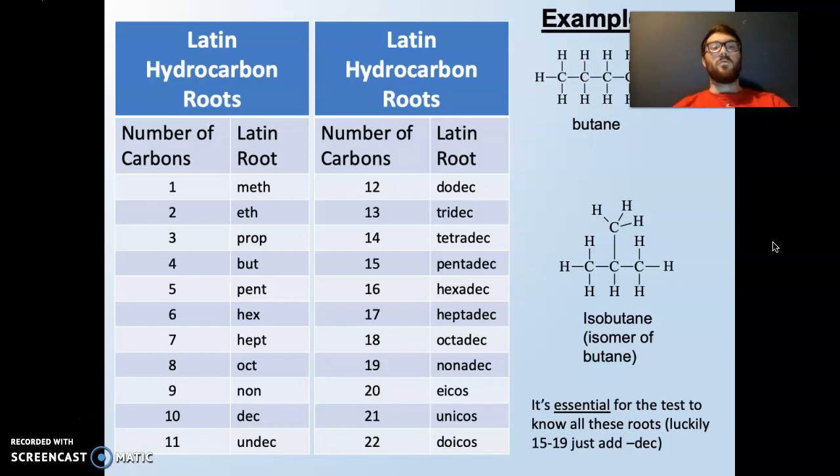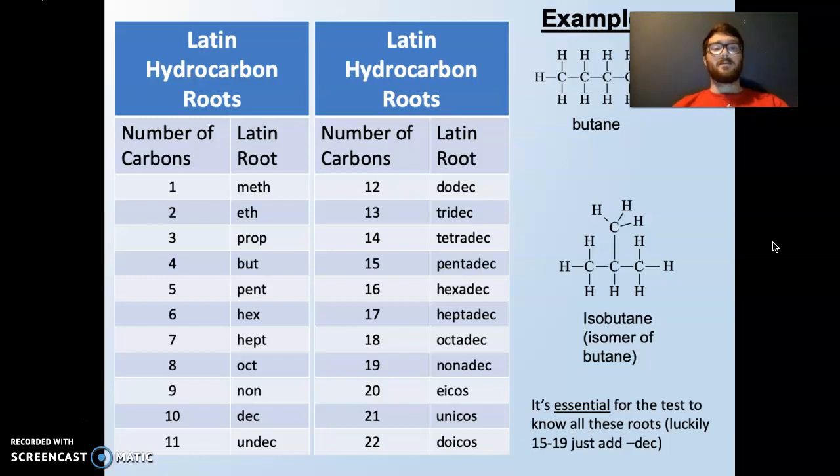You can see that for one carbon, the Latin root is meth. And we're going to get to methamphetamine, which I'm sure you've thought of, the drug. Why is it called that, methamphetamine? It is a hydrocarbon. Meth means it has 1 carbon. And ine, what does that mean? Why do we call it ine? It's because it has a nitrogen and 3 hydrogens, we're going to talk about amines later.